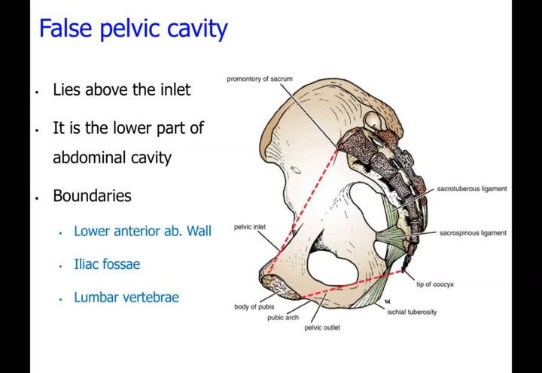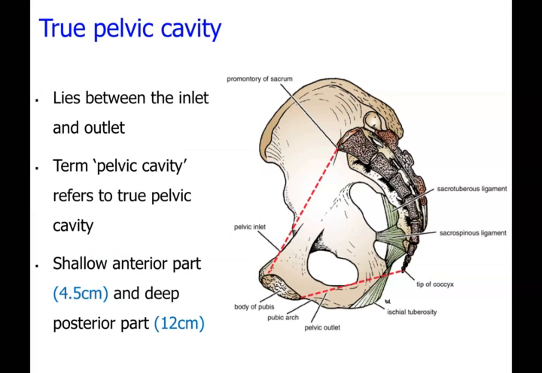Okay, so the false pelvic cavity contributes to form the lower part of the abdomen, and this false pelvic cavity is bounded therefore in front by the lower part of the anterior abdominal wall, then on either side by the iliac fossae with iliacus muscles and fasciae, and at the back with the lumbar vertebrae here. So these are the boundaries of the false pelvic cavity, which contributes to form the lower part of the abdominal